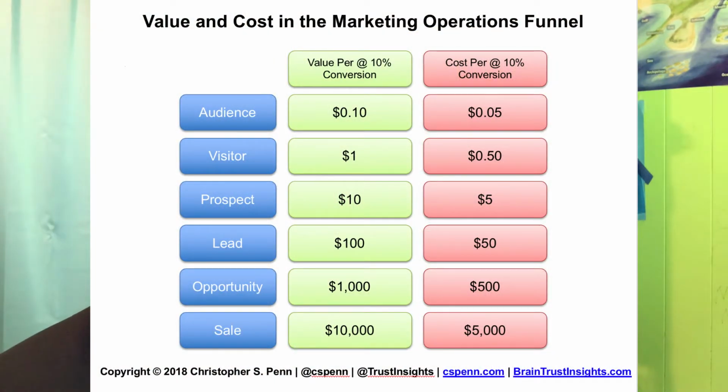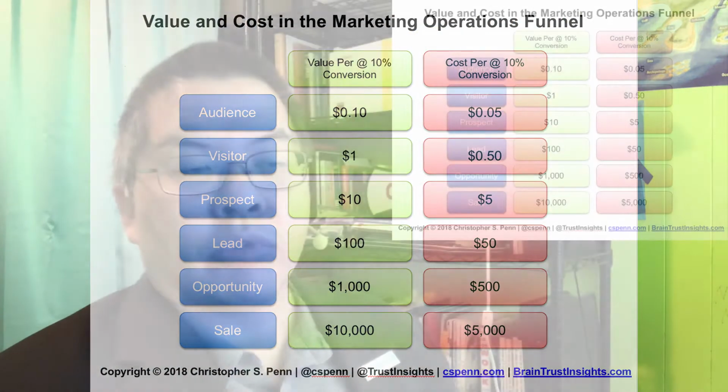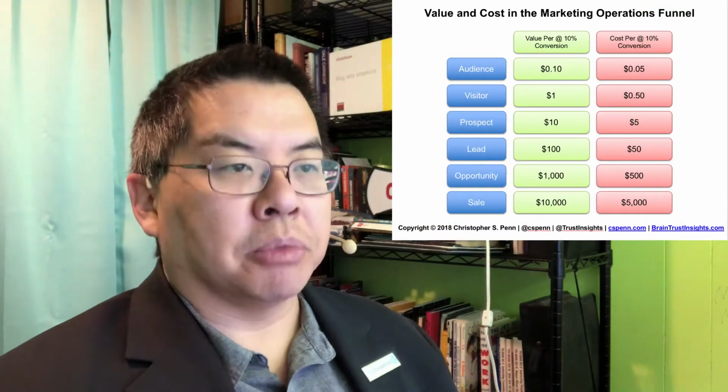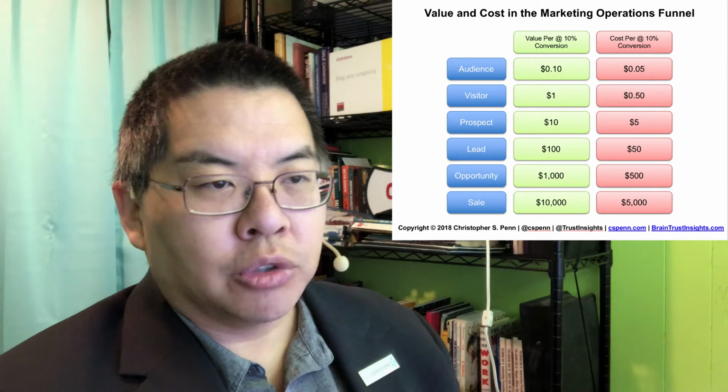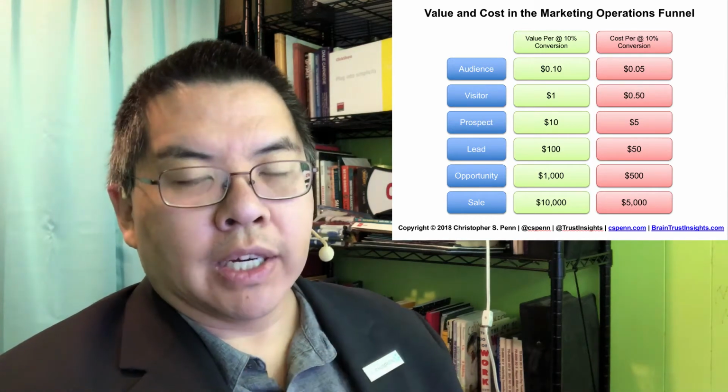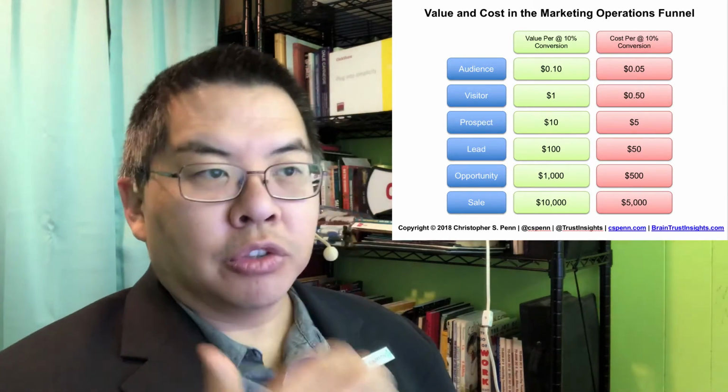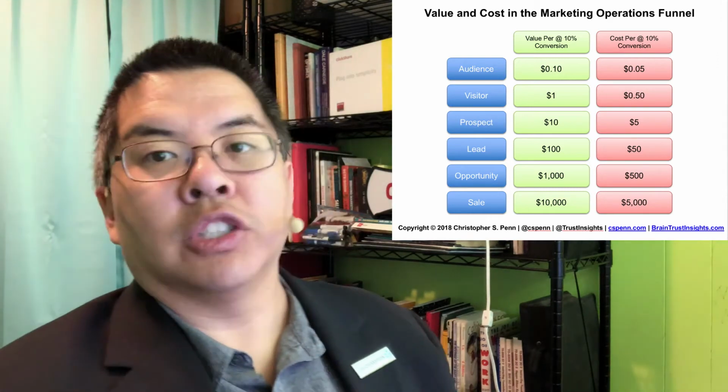In today's You Ask, I Answer, Sandy asks, in a performance-driven marketing strategy, how do I set a budget? Really good question. So in a previous episode of You Ask, I Answer, we talked about valuing marketing, proving the value of marketing, and that uses the customer lifetime value, the customer value, and then it is distributed up the marketing operations funnel. So if one closed sale is worth $1,000 and it takes you 10 opportunities to get one customer, well then obviously each opportunity is worth $100 and so on and so forth up